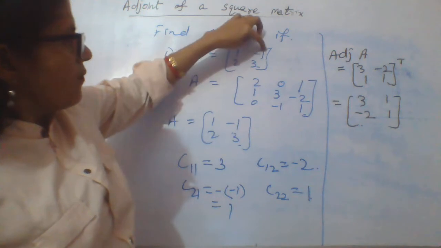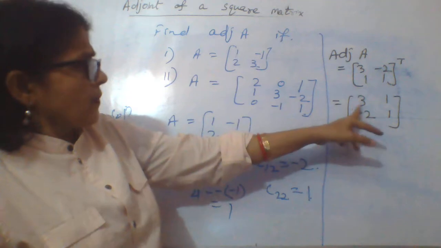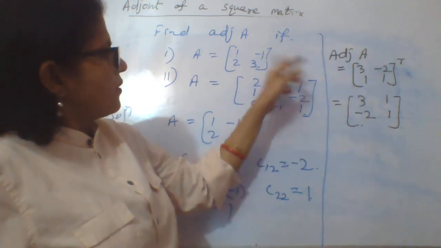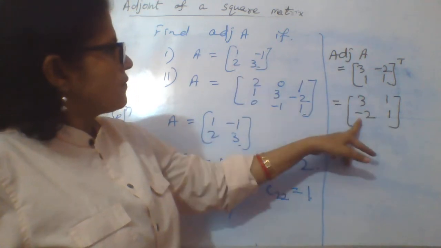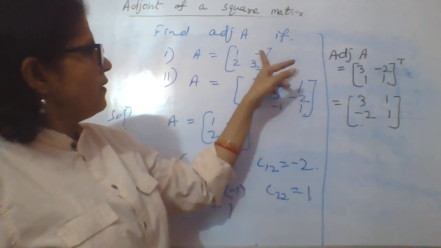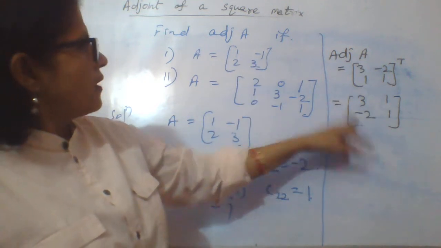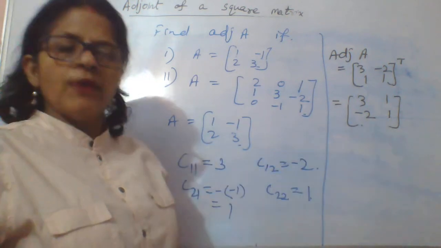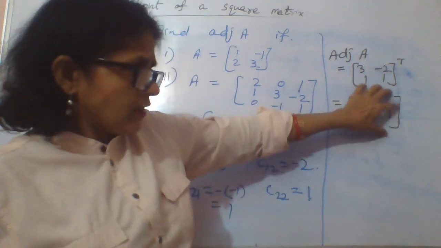A11, A12, A21, A22. So here you are getting A22, right? And here you are getting minus of this one. You can observe these two elements, minus 1 here, 1 here, and 2 you are getting minus 2, right? And here 1, 3, they are being interchanged. So whenever you have to do the question very quickly, you can utilize this trick.